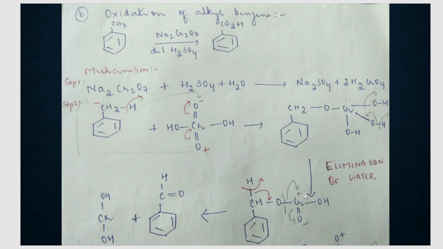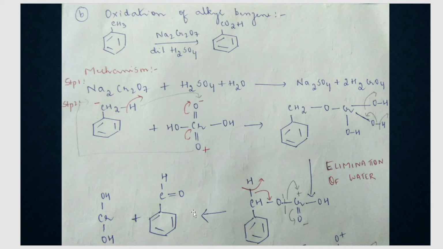Now, to remove that plus charge on chromium, what will chromium do? Take up electrons from this chromium and oxygen bond. In most of these reactions, this step is very common, that is cleavage of the metal oxygen bond. So this bond has shifted onto chromium, the plus charge is now gone. So there's a cleavage of this bond and oxygen will not get any charge. The reason: one proton has gone out and this bond once again shifts between carbon and oxygen. So what do we get? We have got an aldehyde here. But what are we supposed to get actually? We're supposed to get a benzoic acid. So this reaction is not over.